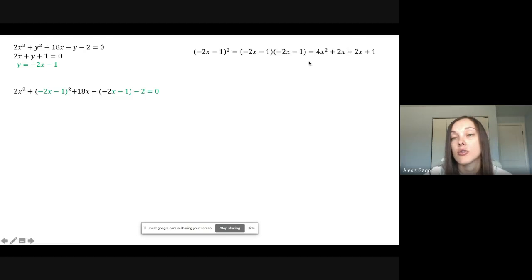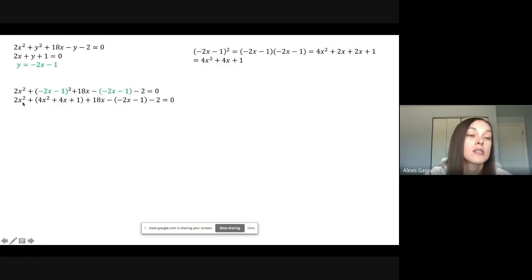Negative 2x times negative 1 is 2x. Same thing here, that's 2x. That's 1. If you struggle with this, just use the box. But then 2x plus 2x is 4x. So that's going to be 4x squared plus 4x plus 1. So then this becomes 2x squared plus 4x squared plus 4x plus 1 plus 18x minus negative 2x minus 1